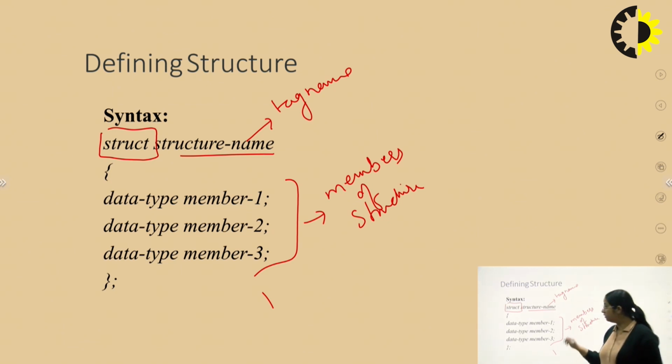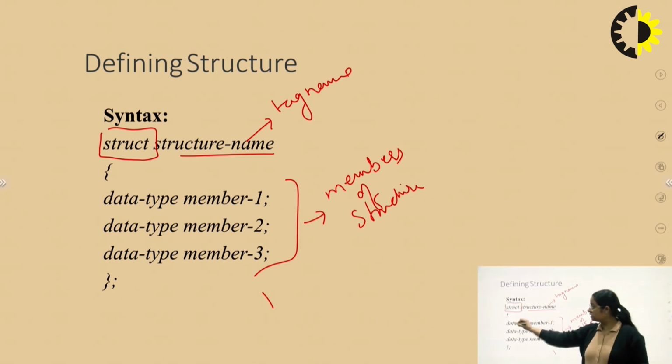Here this is the definition of a structure. With the help of this definition, we are allowed to store multiple data types. We have the first data type member 1, member 2, member 3, and so on, depending on how many members you want to store. That means these are the entities, like the name, roll number, marks that I mentioned before.